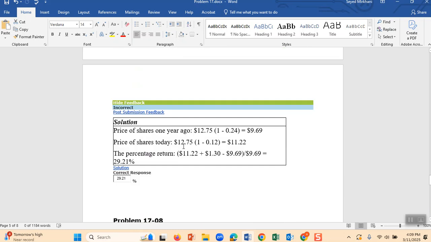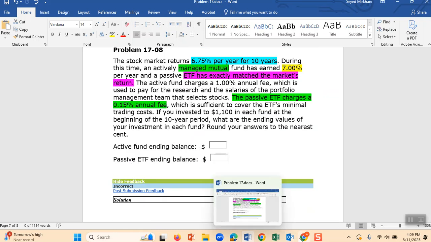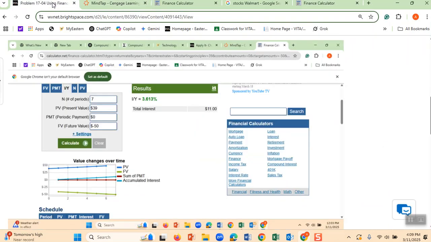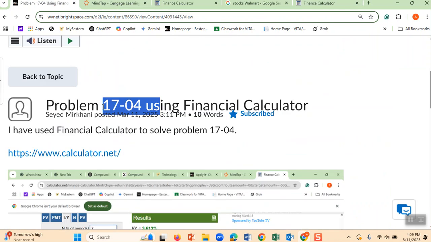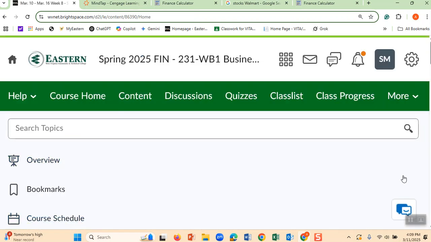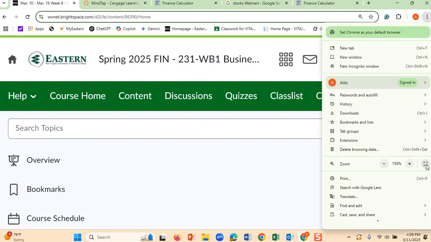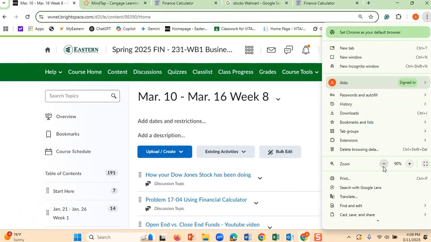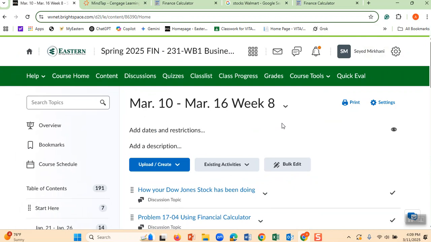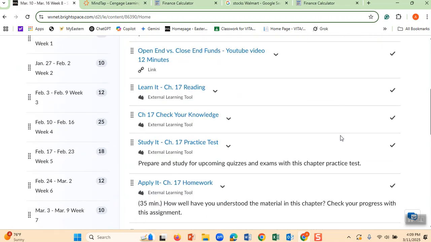As you all know, this week we have 8 problems to solve. Where are these 8 problems? They are here. Let me show you. I already showed you once, and let me make this screen a little smaller. If you don't know what you have to post for this week, do not post the Excel on the discussion board, because each student has to do it and submit it here.